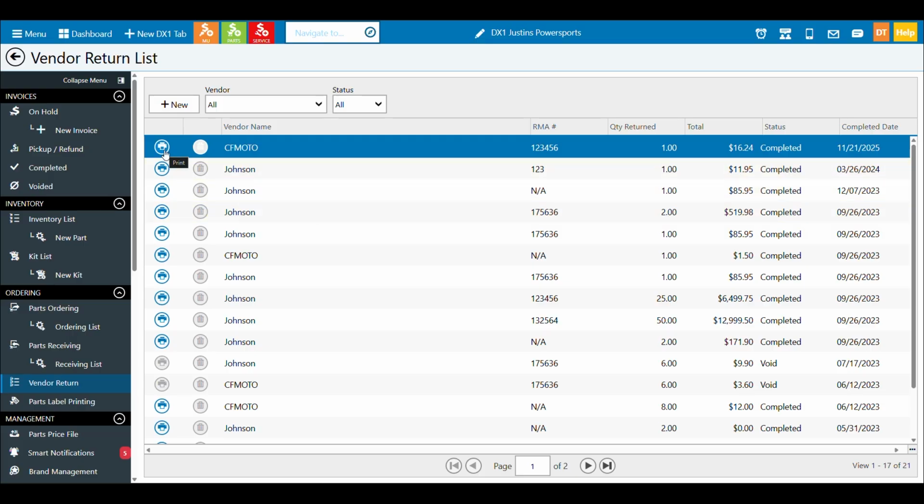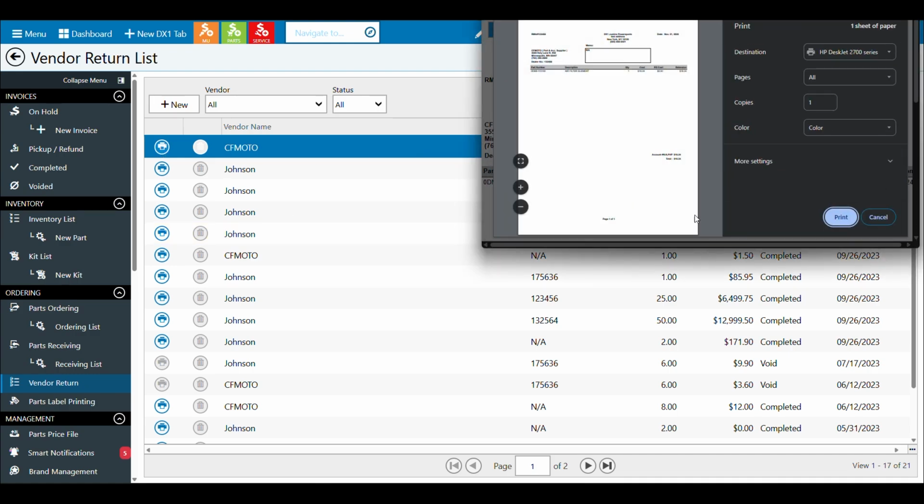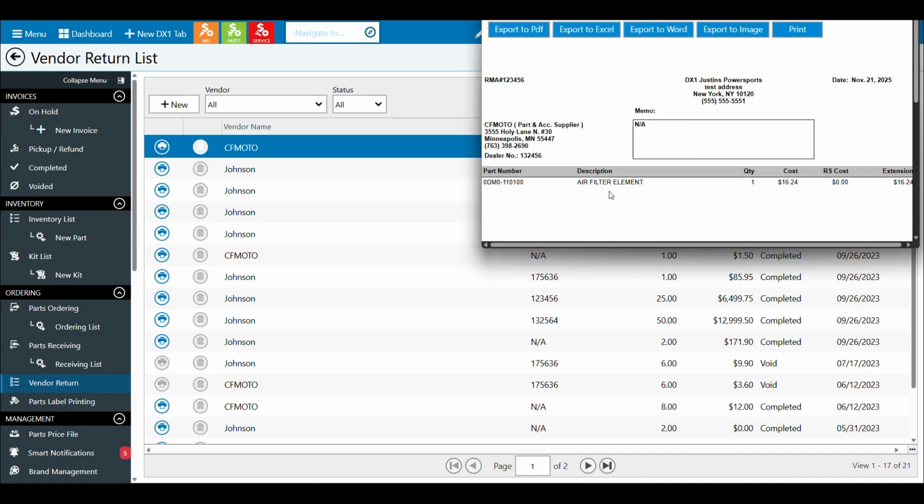In this case, as I've shown in other videos, I am a paper friendly person, so I don't print the paper. But if you did need to print it and you have that setting on, you can click the print button. If you do print and don't have the setting off, then this would have automatically popped up at the end of the process so that you could print it and again do what you need to do. Send one in a copy with the box, perhaps, give one to your accounting so they know to look and balance out the credits, etc.